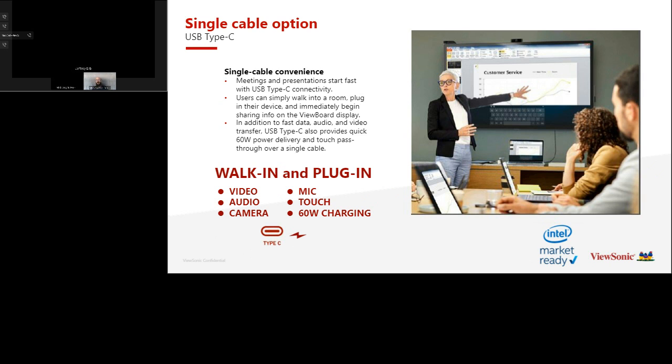As Jeff mentioned, we do have our 2 series, our 70 series, which once again is our best in class when it talks about, comes with a webcam embedded on it, an IoT sensor, but not only that, it's also USB Type-C inputs. So this is something that can definitely help you out as we migrate more into the USB Type-C. Is going to be the standard moving forward. And 65-inch and 86-inch options are just a walk-in and plug-in. Being able to charge that device as well, too, with 60 watts of charging. So this is just a great addition of how ViewSonic not only is making it easier and flexible for you with your devices that you already have.